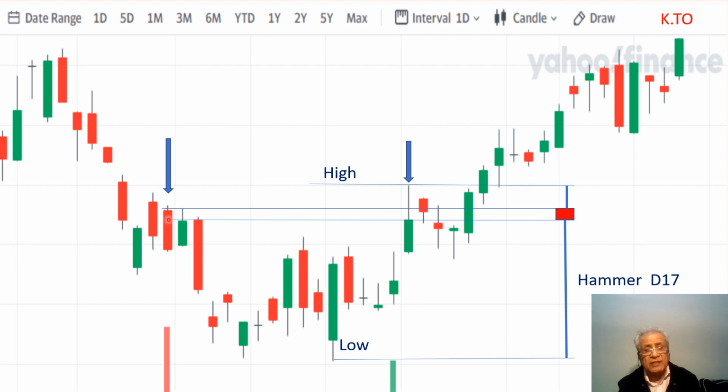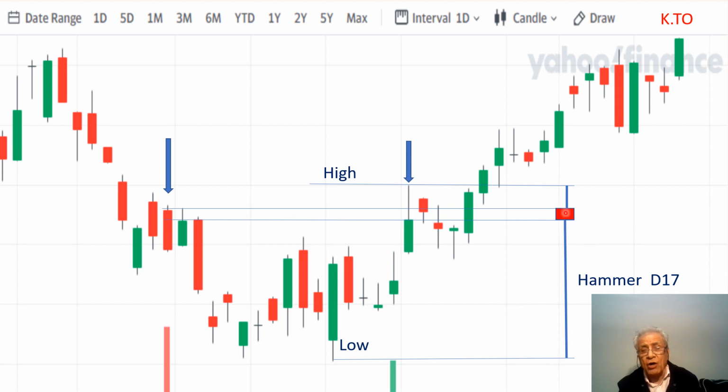So we do candlestick blending between these two arrows. That is nearly 17 candles of one day trading each. The rules are still the same. We take the open of the first candle. We take the close of the last candle. And this portion is a bearish portion. We bring it all the way here, and we take the high and the low of the pattern. So we see this